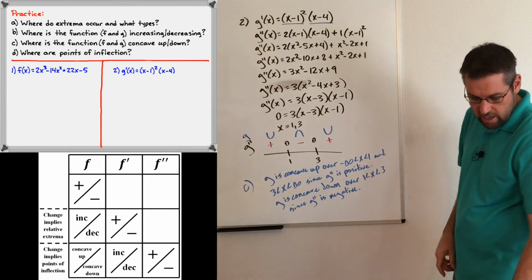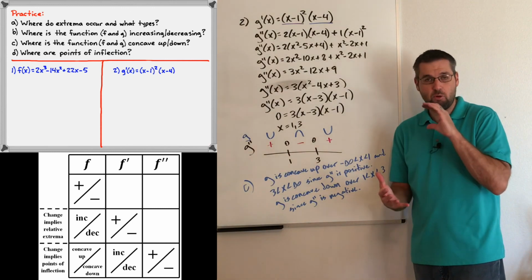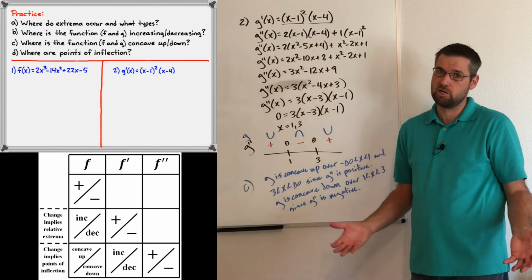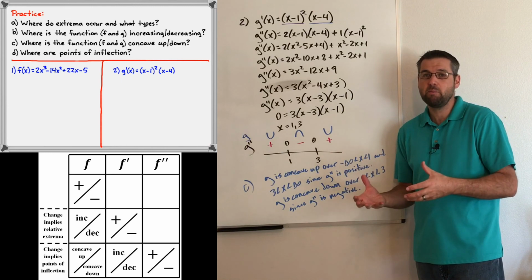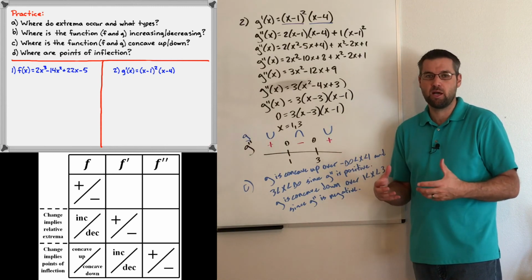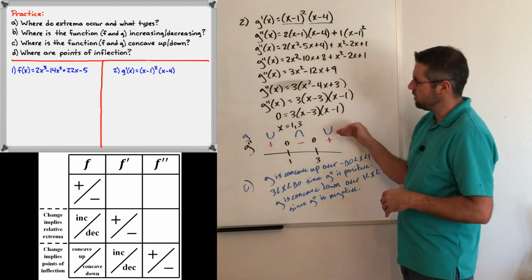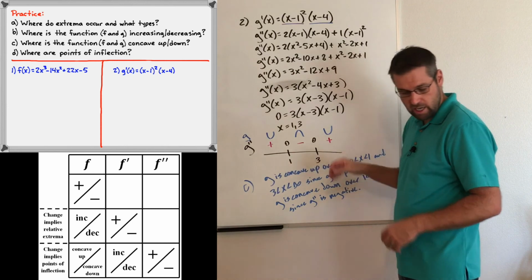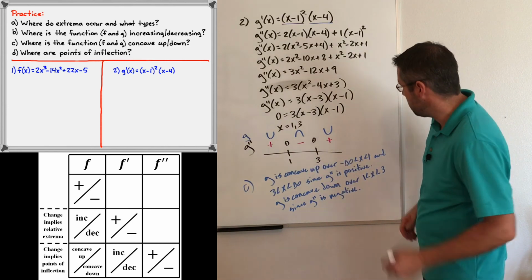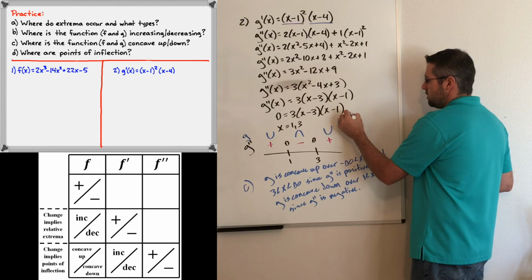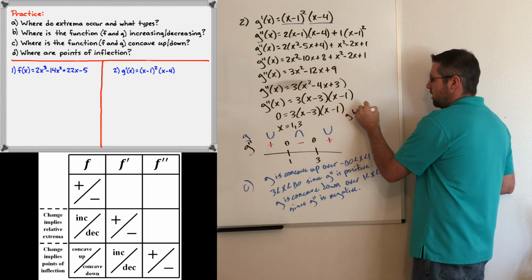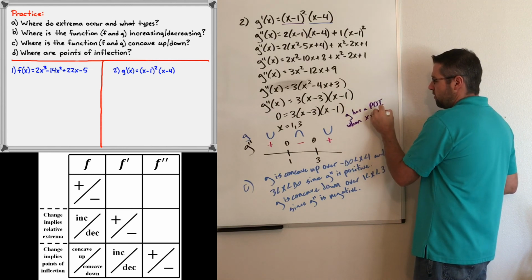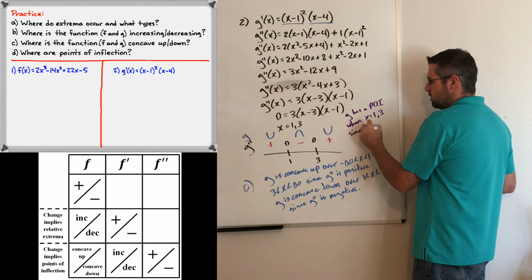And then the last question we have is, where does G have a point of inflection? That's the last row again. G has a point of inflection when G changes concavity, when G prime changes direction, or when G double prime changes signs. Since we're looking at analytical methods, we want to look at a sign change. So we can see that G double prime changes signs at 1 and 3. I'm running out of room here, so I'll go ahead and write this off to the side. G has a point of inflection when x equals 1 and 3, since G double prime